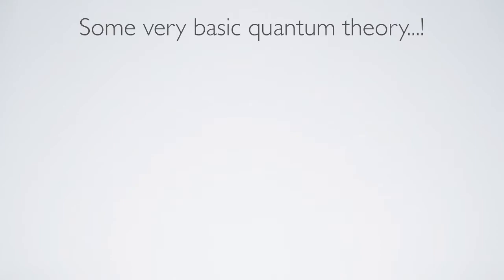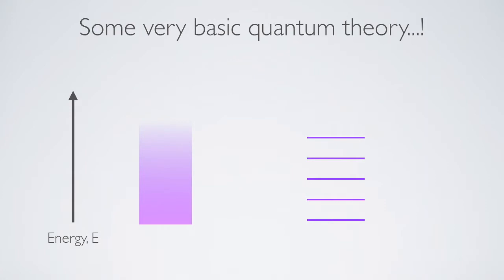Quantum theory is all to do with energy, and it's to do with energy transitions. Now, classical theory, classical physics, says that energies can be any value at all. But quantum theory, on the other hand, restricts us to particular steps. So it says the molecule can only have certain values of energy, and it can only transition between these specific